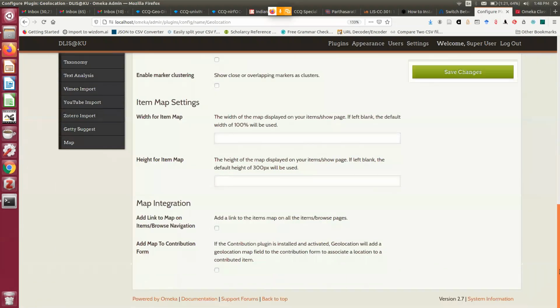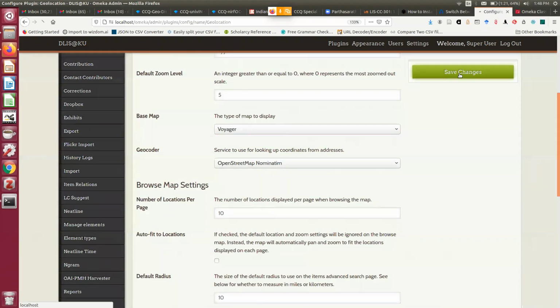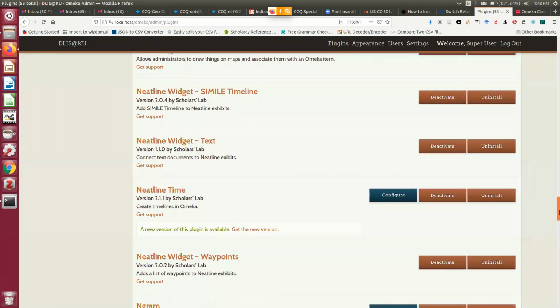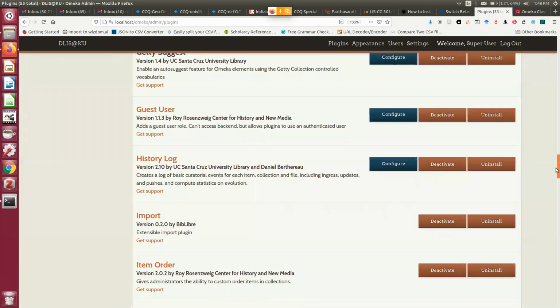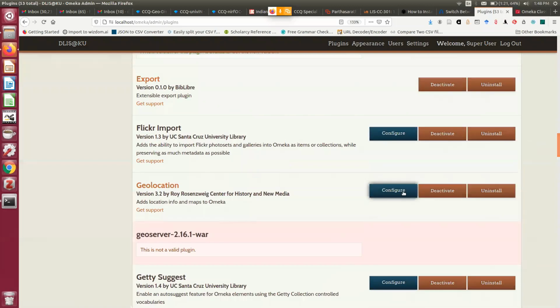But initially, you just take the default values and click Save Changes. So you can now see your geolocation is there. Again, you can reconfigure, deactivate, or install in this way.